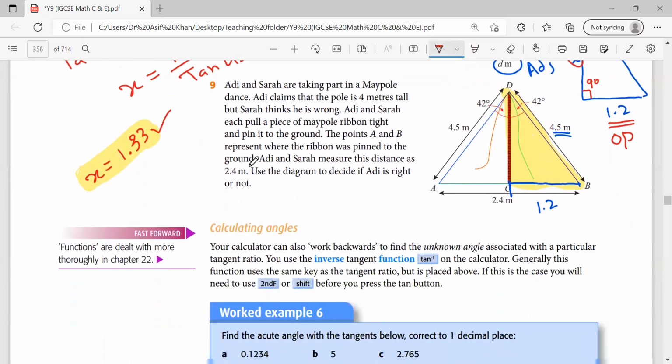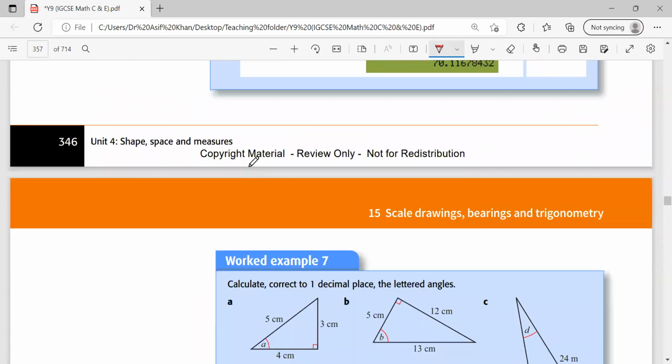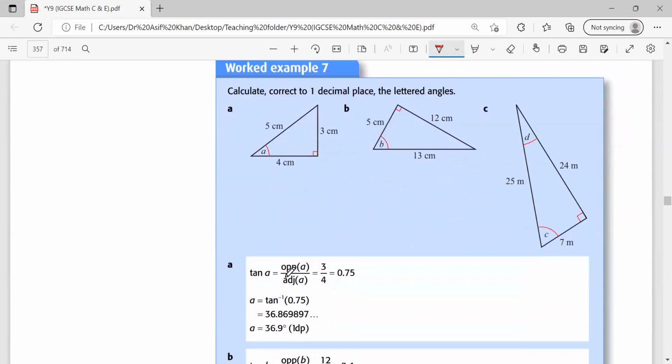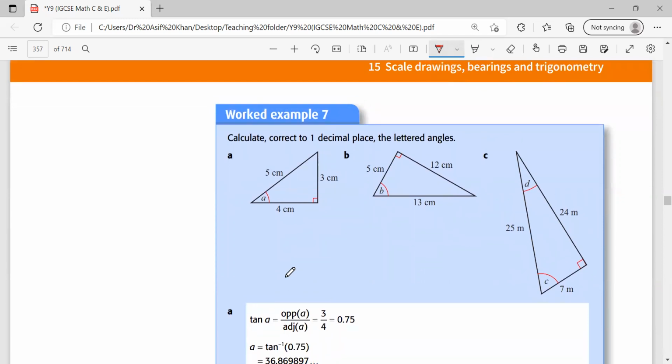Now, the last thing of this exercise is how we can find the angle, if the sides are given. Let's suppose we consider this angle A. This angle is not given this time. But the opposite side is 3 and the adjacent side is 4. Right now, this 5 is useless for us. So opposite and adjacent are involved, so you will use tangent. So we will write tangent of A is equal to